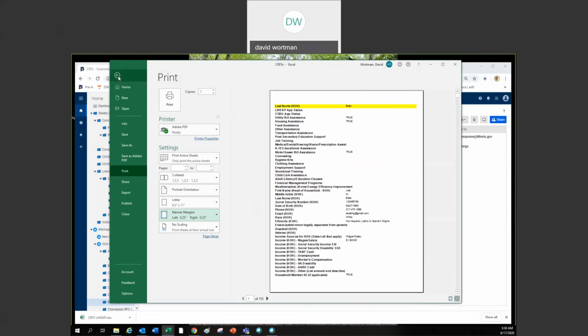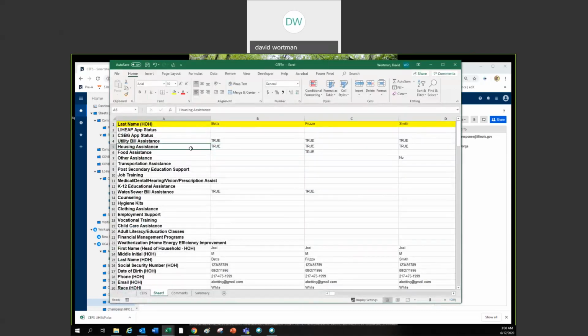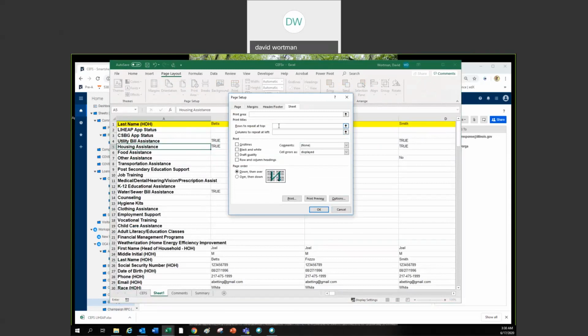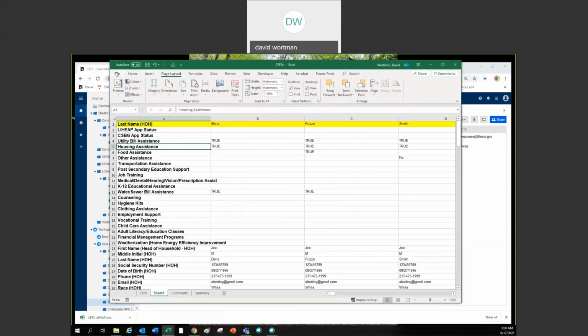We have to go back now to the sheet, and what we need to do is go to page layout, print titles, and we're going to repeat rows at top. We're going to repeat row 1, repeat columns to the left. We're going to repeat column A. Okay, now we're finished. Now if we go back to print,